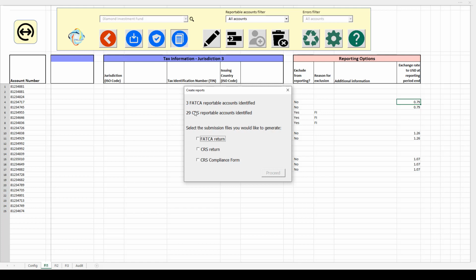It shows me what FATCA and CRS reports that I've got, and from here you can create FATCA and CRS returns. What we've now added on here is a third option for creating the CRS compliance form. So if you wanted to, you could create everything at once, FATCA return, CRS and the CRS compliance form, but in this case I'm just going to create the compliance form on its own.